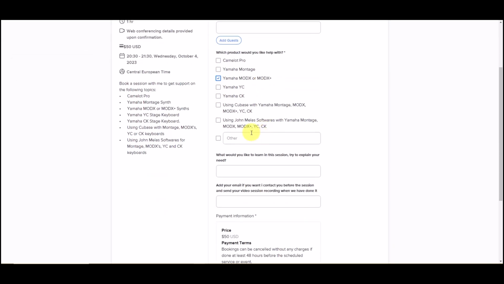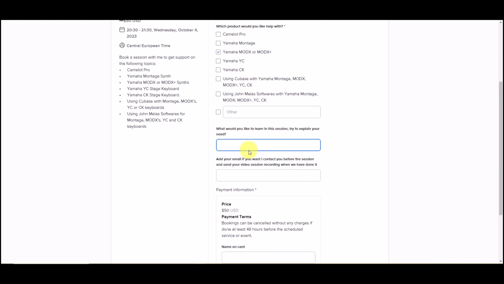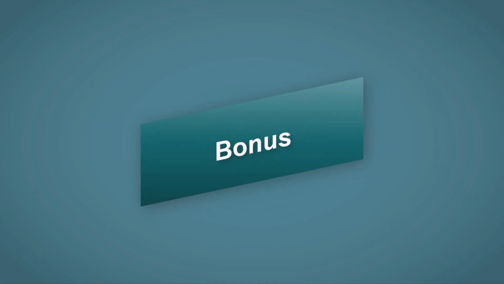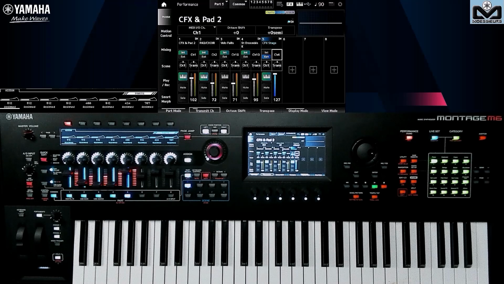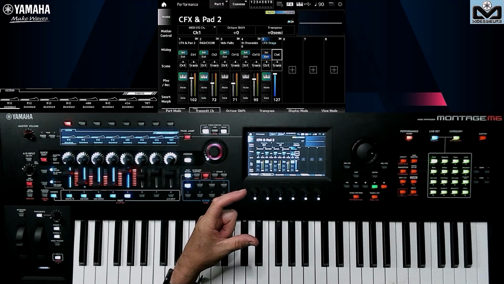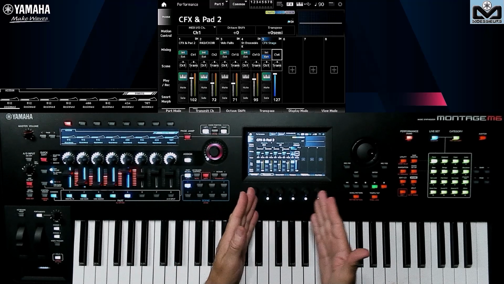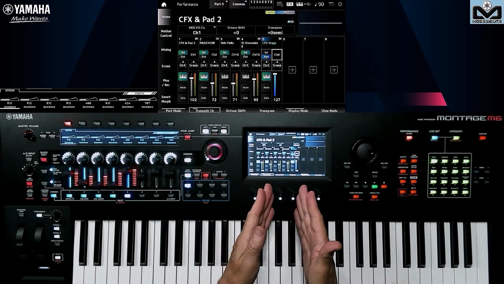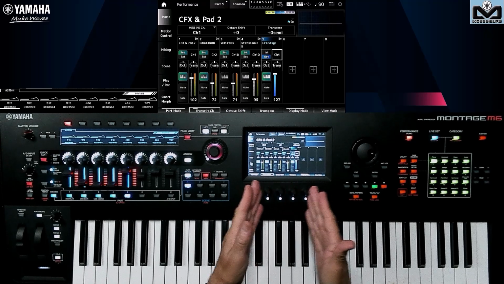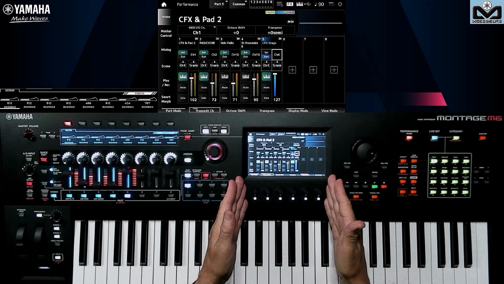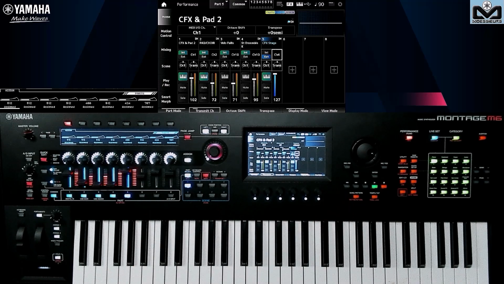And now, that's the bonus time. So for this bonus, we're going to talk about the famous SSS, Seamless Sound Switching. It's not a switch you can cut. In fact, as long as you have parts from 1 to 8, whether they're under keyboard control, external, or off keyboard control, if you change performance, you won't have any sound cuts.